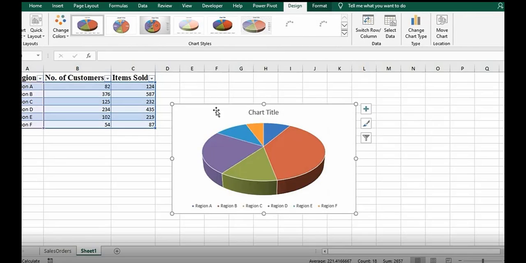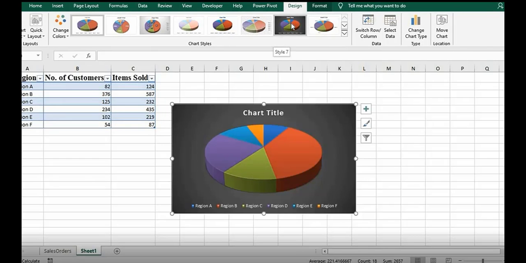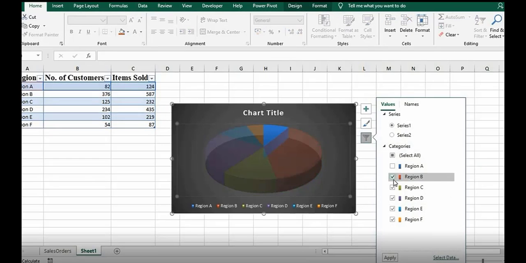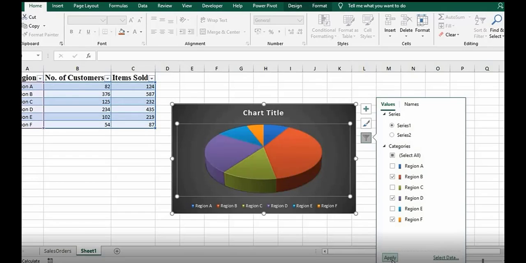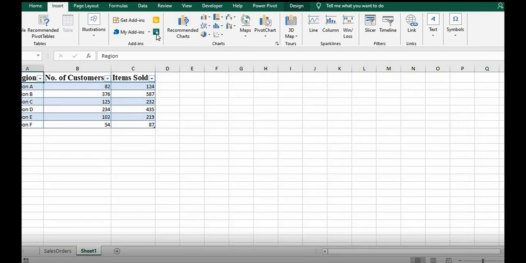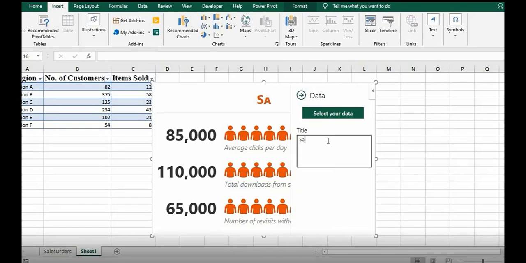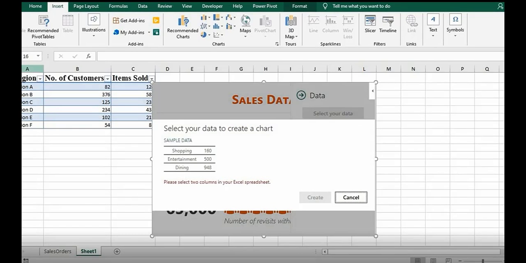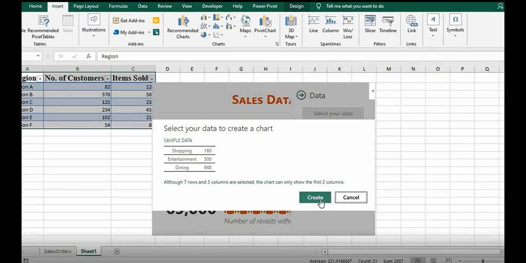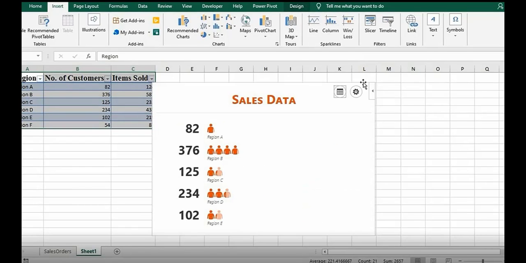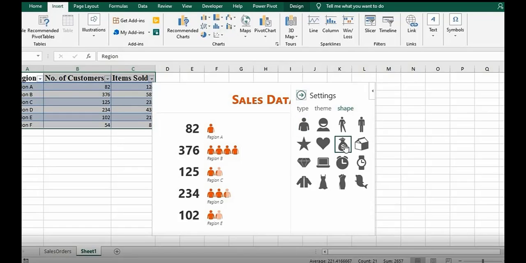You can do it in bar graph form. There is a pie chart where you can change the inputs as per your requirements to present it the way you want. And there's an add-in feature called People Graph, which presents your work in a picture format. This and many more, you can get all the details in our previous video on data visualization.